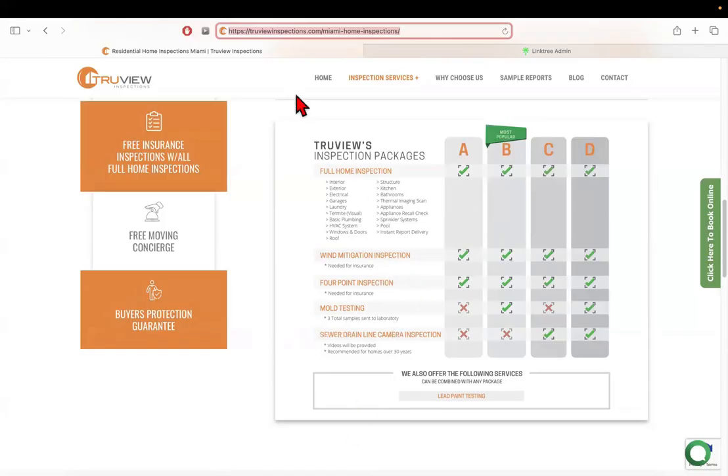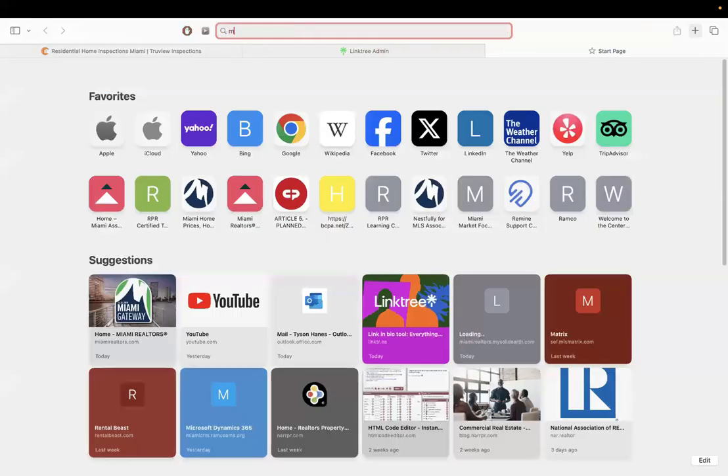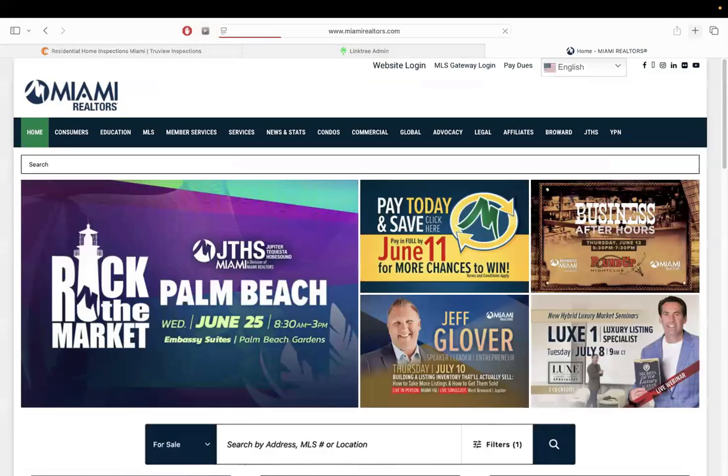All right, guys. So we're going to go ahead and get started. Again, this is the Matrix 101, setting up yourself for success. If you generate anything in the MLS system, specifically Matrix, you want to make sure you have your signature filled out, your contact information, and whenever you go to the main website, which is miamirealtors.com, you're going to notice